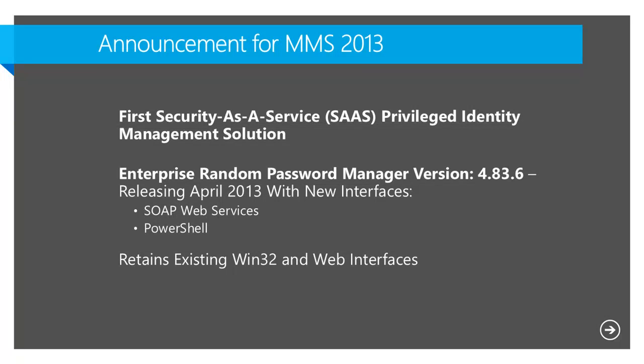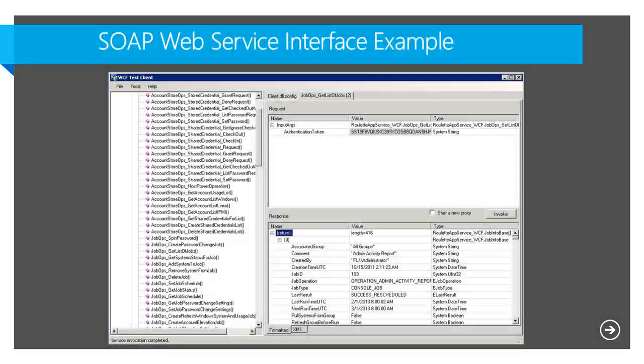The product, with the release that comes out at the end of this month, has everything we already have, but these extra capabilities. So what you're looking at right now is something no human being outside of our company has ever seen. This is the WCF container of connecting to our web service, showing the different APIs that are available that effectively turn inside-out privileged identity management and expose it as an engine. So people see things as applications.